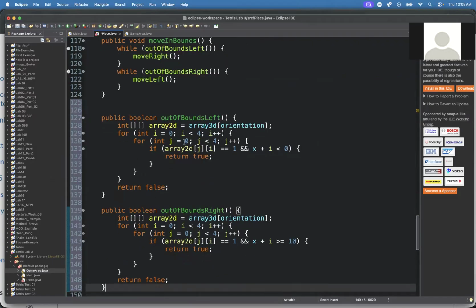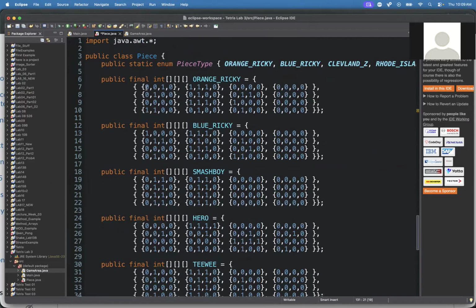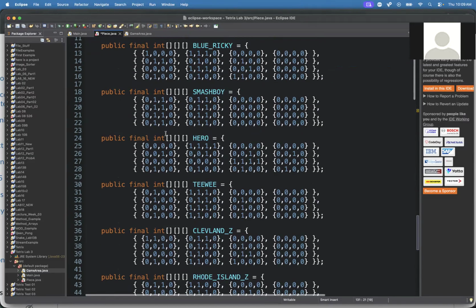So how do those work? Basically what I do is I get a copy of the piece and then I loop through the piece, from 0 to 4, 0 to 4. Remember, the pieces are 4 by 4 arrays. And then I look and see if the entry is a 1, because remember the way the pieces work is, oh, I didn't realize this happened. In order to consolidate the code to fit into a smaller section, it kind of reordered